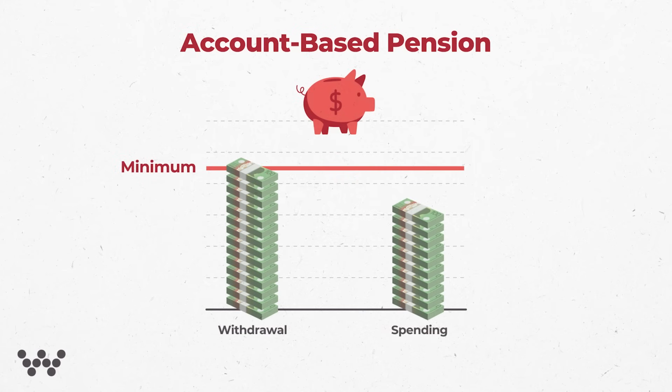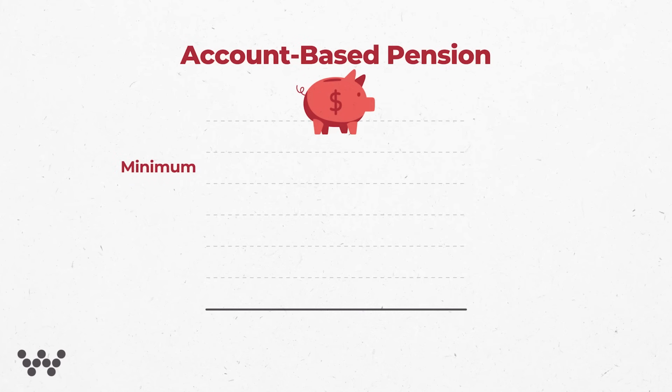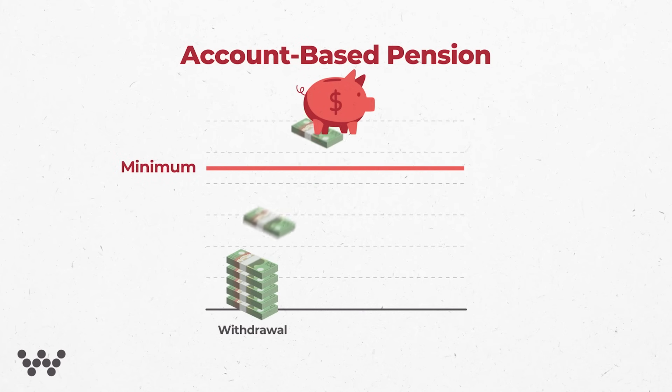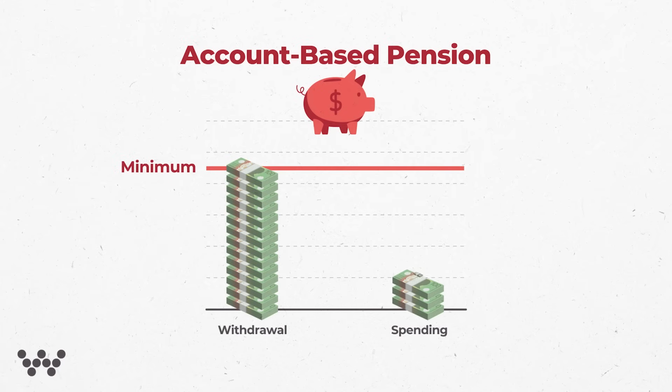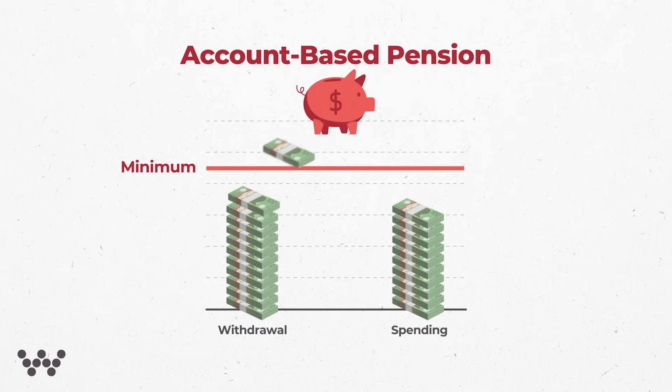And I think it's important here that you distinguish between the fact that you have a minimum amount of income you need to draw to satisfy that pension and keep the tax exemption, but that doesn't have to be the amount that you're spending in your own name or the amount of expenses that you have. You can easily save that. In some cases, contribute it back to superannuation or continue to invest in your own name.